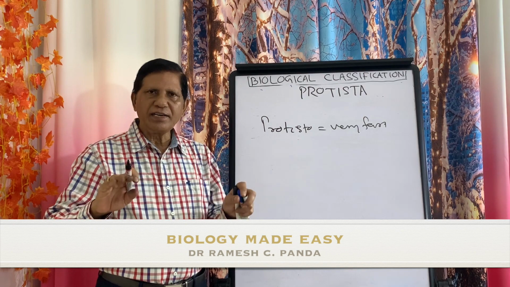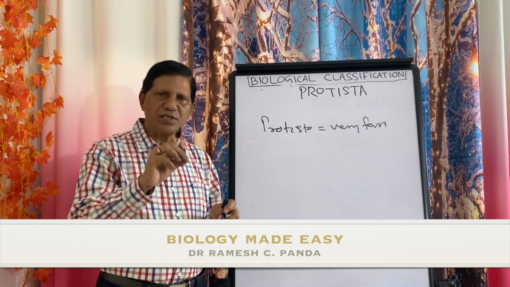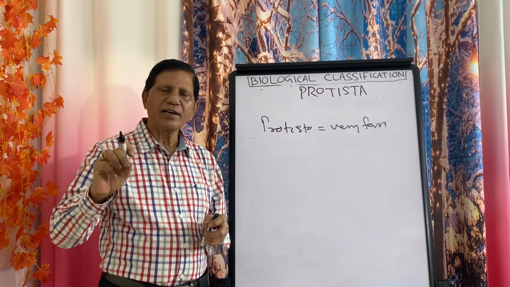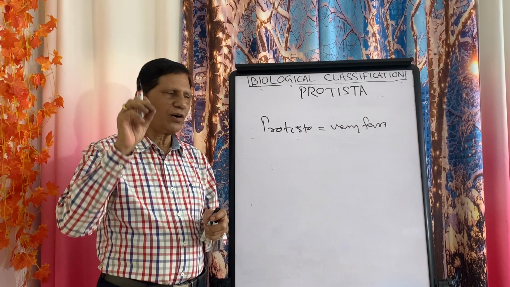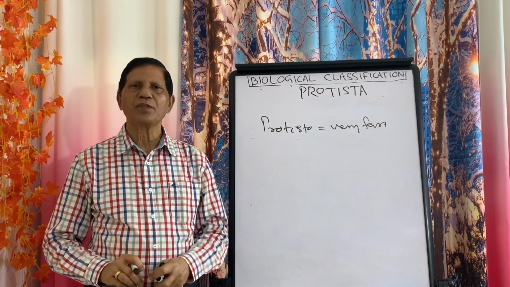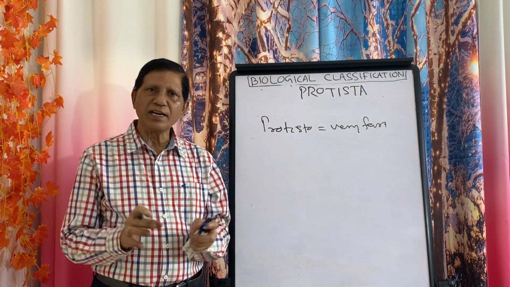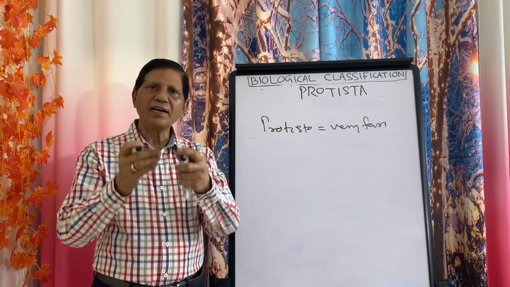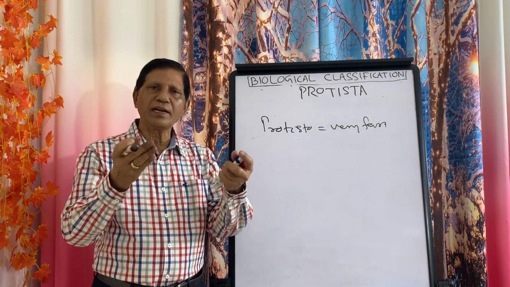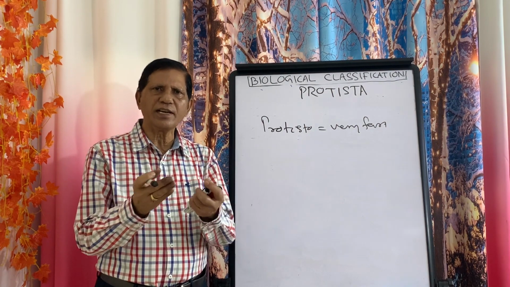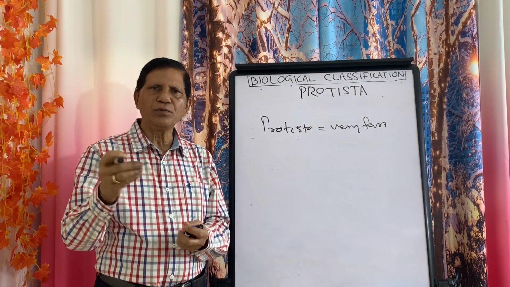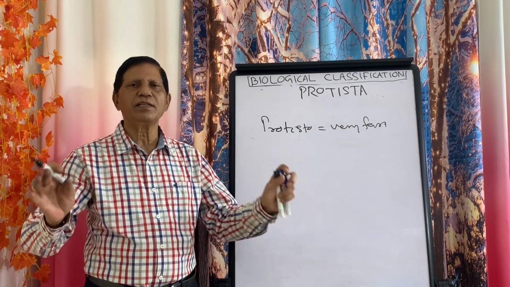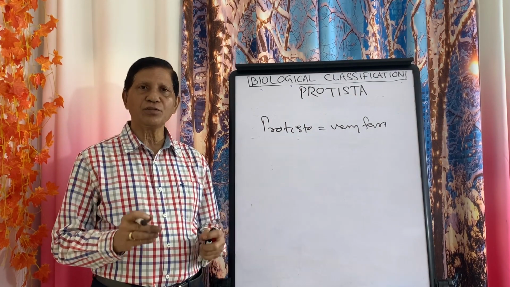After separating the animals, plants and fungi, any organism which does not fit into the animal kingdom, plant kingdom or fungi is dubbed into this kingdom of Protista. That means Protista includes certain organisms with diverse characters. Some have plant characters, some have animal characters, some have fungal characters. It is just like a dump house for what does not fit any kingdom. Put it in the Protista and later on we'll classify them again. So this is the diverse group.